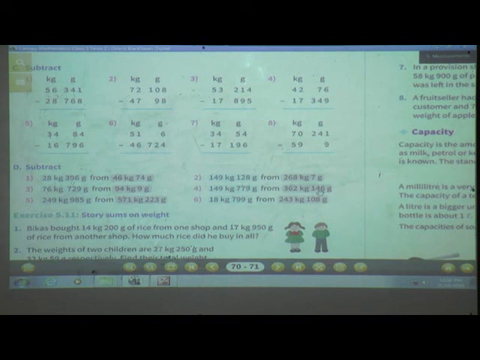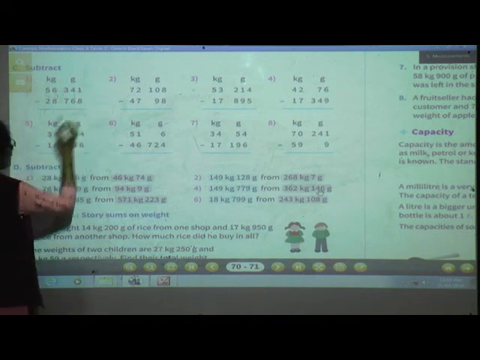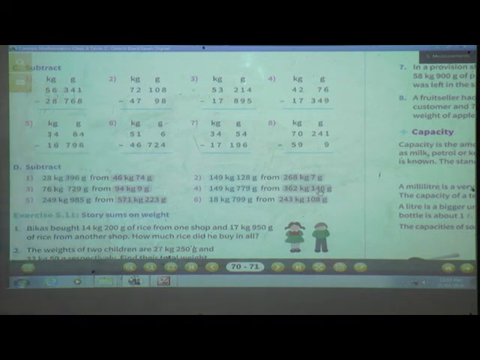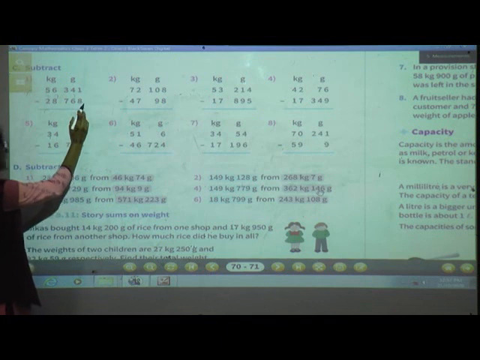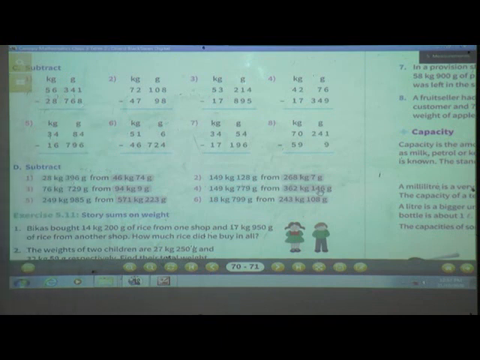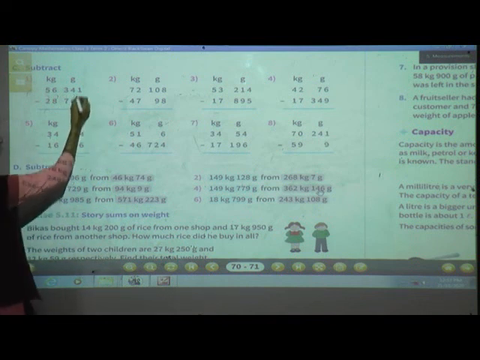So here we have 341 grams, and in another weight we have 768 grams. Okay, see here 1 minus 8. Can you do 1 minus 8? No, we can't because 1 is smaller than 8. So here we can't do the subtraction. Then what do we do? Yes, just cut this one, write as it is.